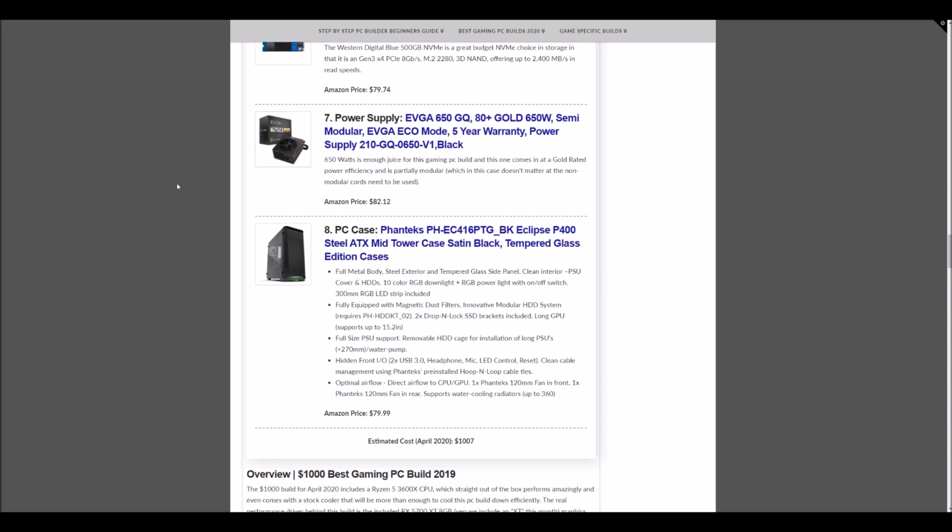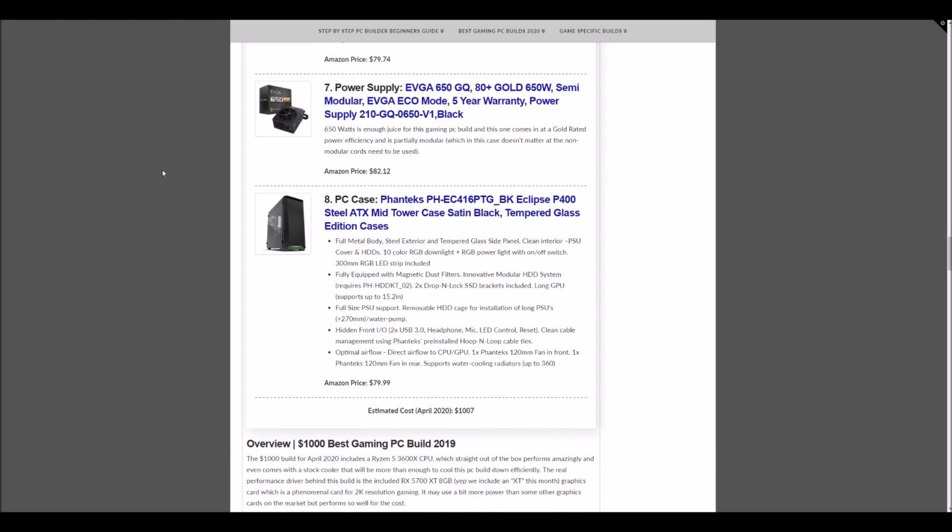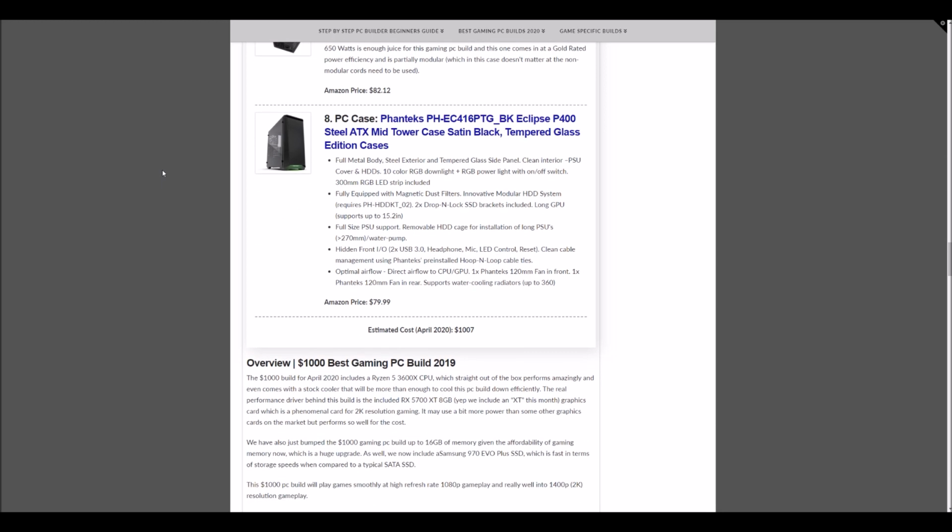The power supply we have here is the EVGA 650 GQ gold version. A gold efficiency power supply, semi-modular, $82.12. And then the PC case we have here is a slight variation of the one we had last month,